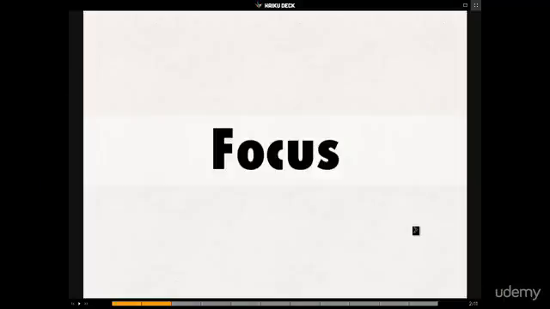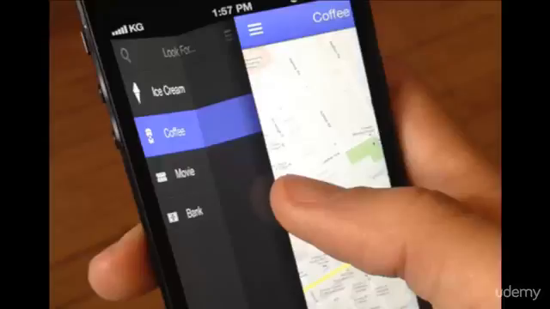The first tip I'm going to give you is to keep it focused. The best mobile apps focus on doing one thing very well. You should be able to describe what your app does in one sentence without any "ands." The user should be able to launch it, use it, and put it away in seconds, having used its primary